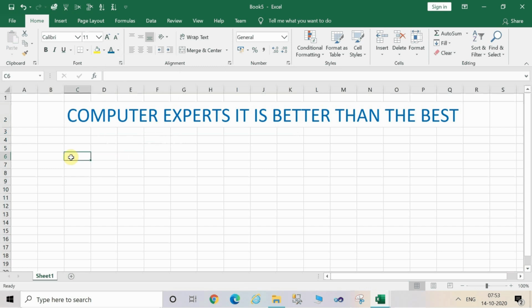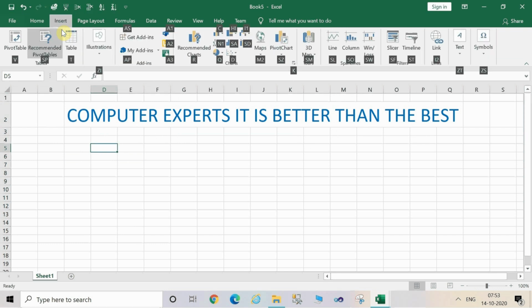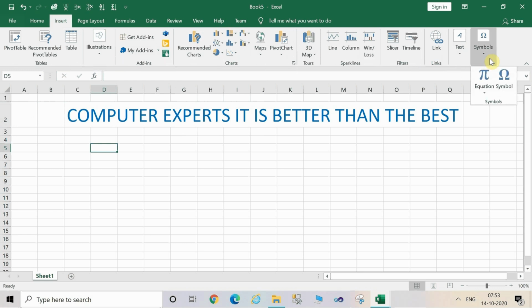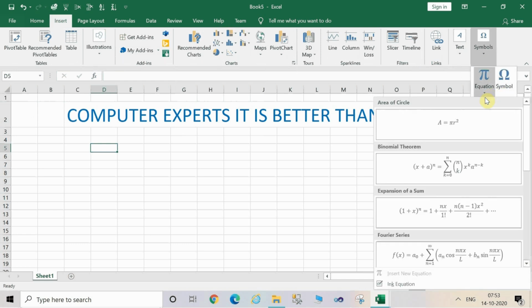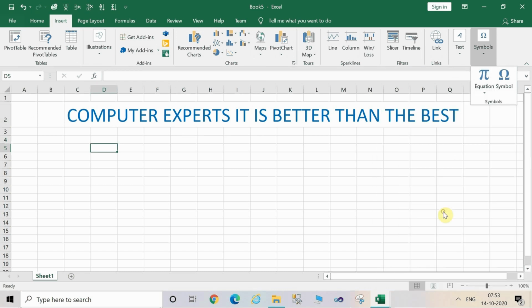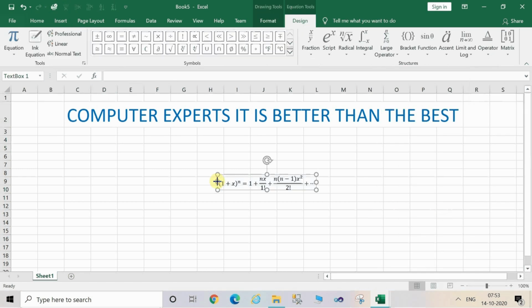In this way you can operate with the keyboard, right? You can also try some other options over here. Press the Alt button and see the certain highlighted keys again. Now we want to use the insert option. For this, press the Alt N. After pressing the Alt N from the keyboard, the insert options are highlighted with certain keys. Now press the corresponding keys for inserting. For example, we want to insert here the symbols. For this, press ZS from the keyboard and press E again for inserting the equation.